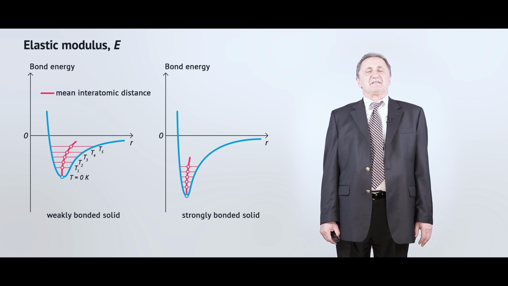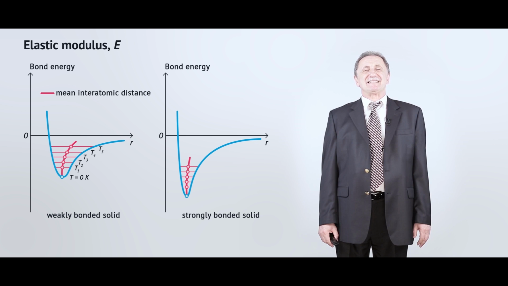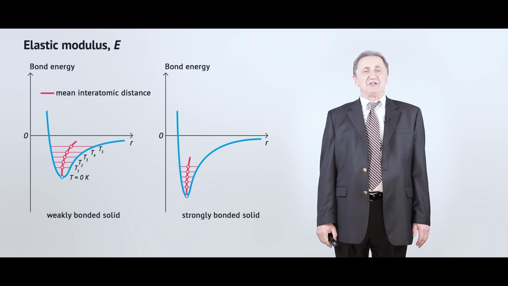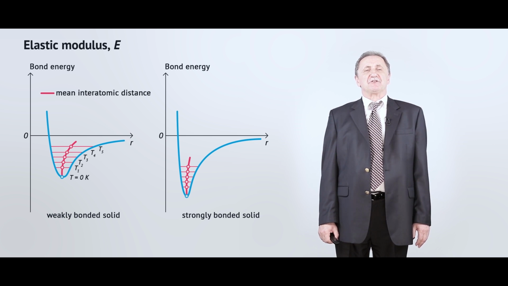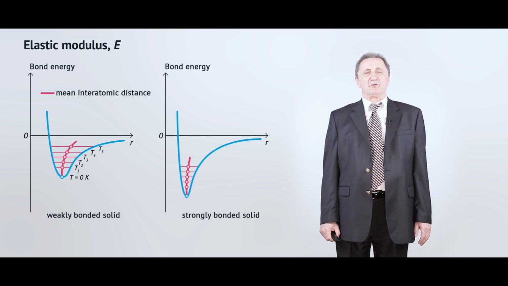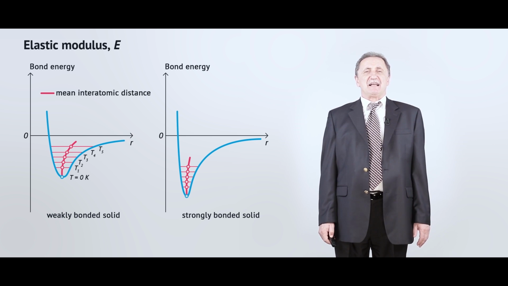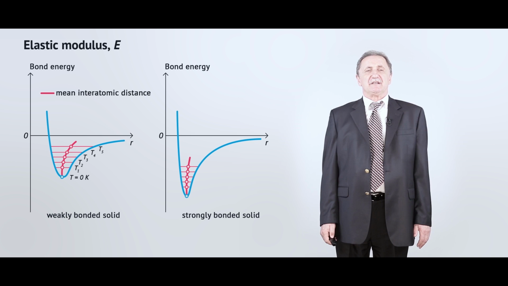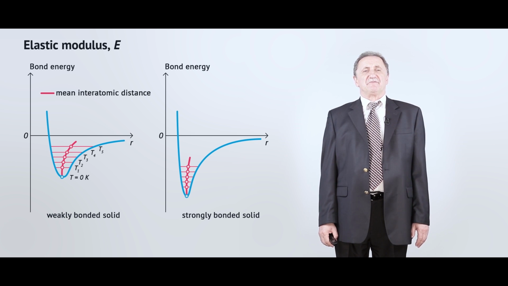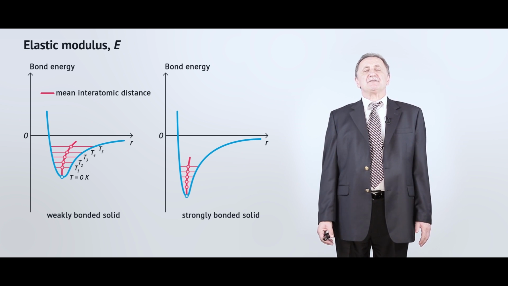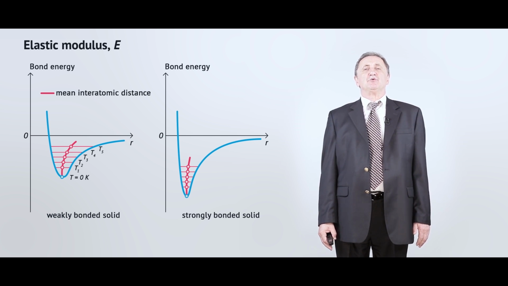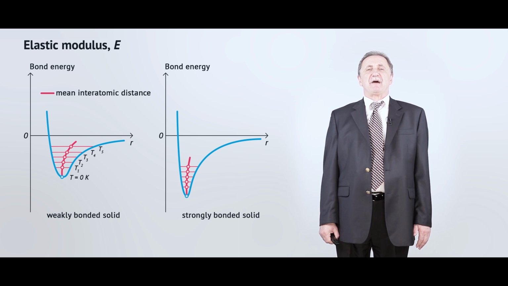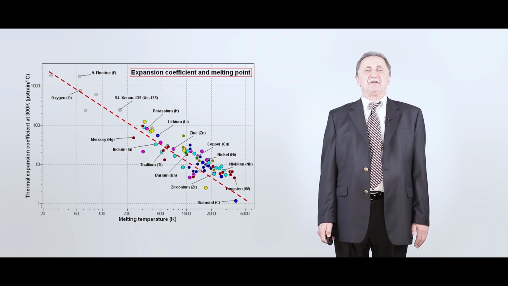So it means that the coefficient of thermal expansion is in some sense proportional to the symmetry of the atomic energy function at the point R equals R0. And that explains the whole case. Again, typically this function is much wider for the weaker bonds and much narrower for the stronger bonds. That's why we have the huge change of coefficient of thermal expansion for different types of materials.